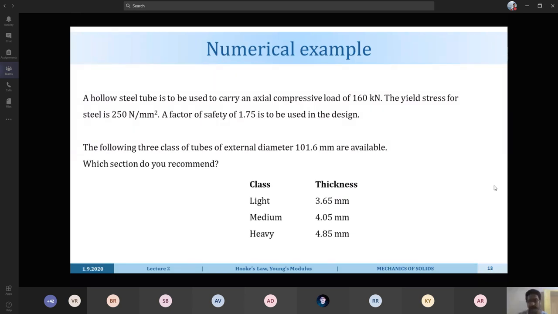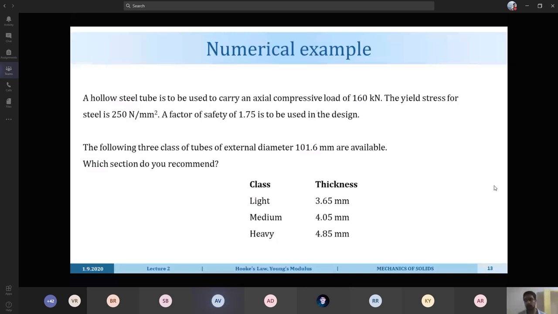Yes, sir. So that's what I'm taking. I'm taking it as the maximum load which can be loaded with that tube. So with that, I am finding the ultimate load that steel tube can carry, and that is 1.75 times the 160 kilonewton. We have to calculate with respect to the stress only, because this axial load will be given by the company. Like, you have to design a tube, and according to our concern, the compressive force acting on that tube is 160 kilonewton.